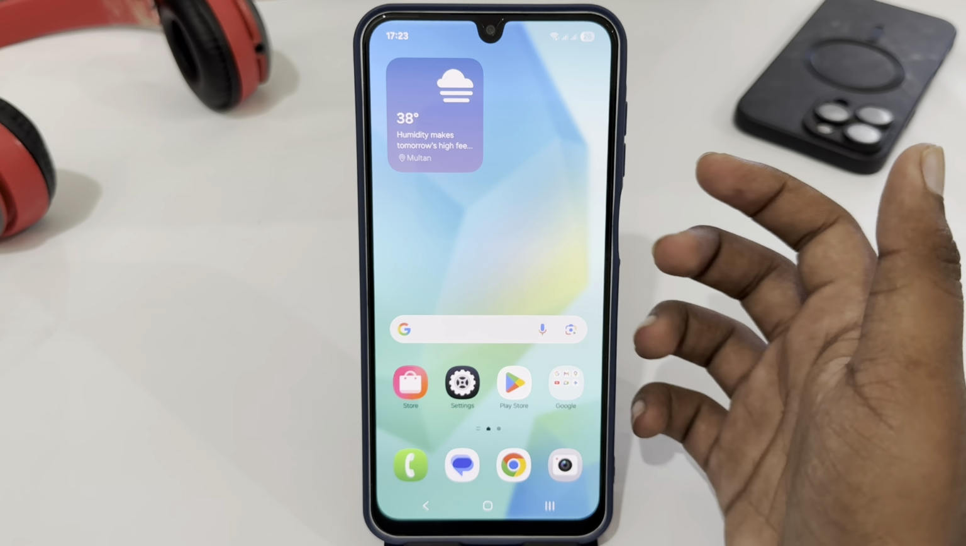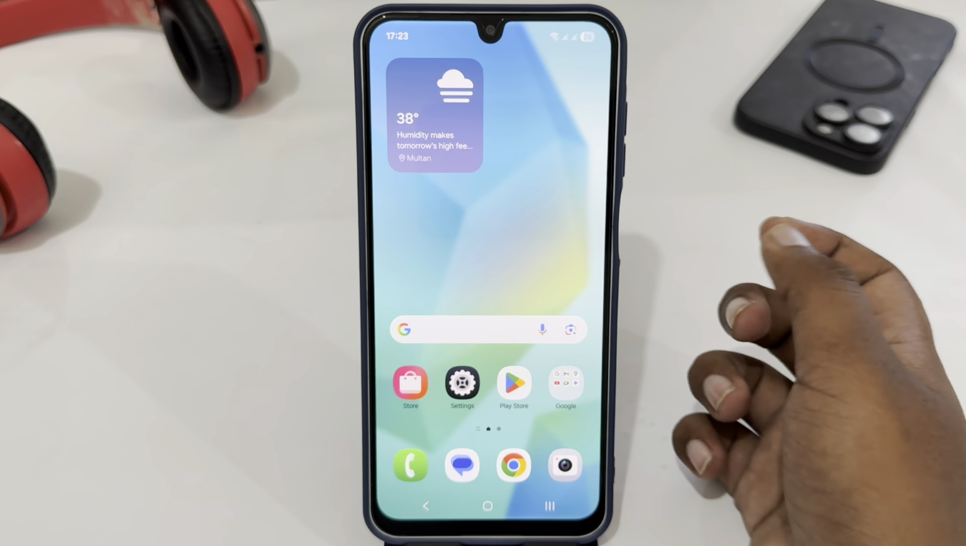So that's how you can easily lock or unlock your home screen layout in Samsung